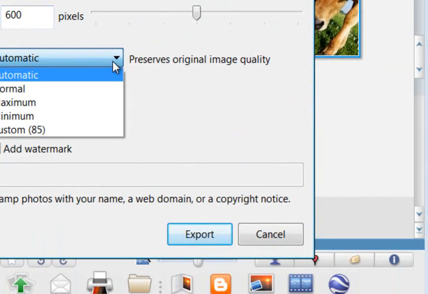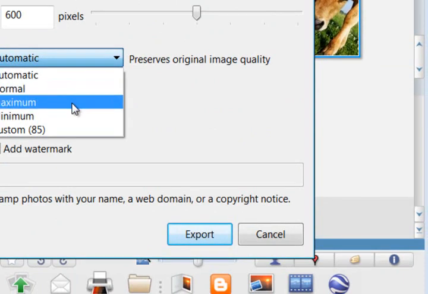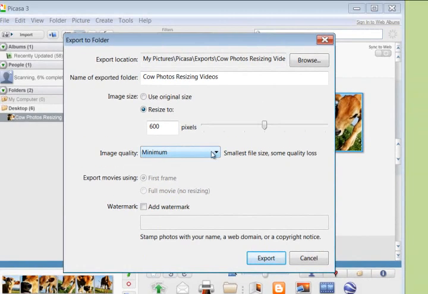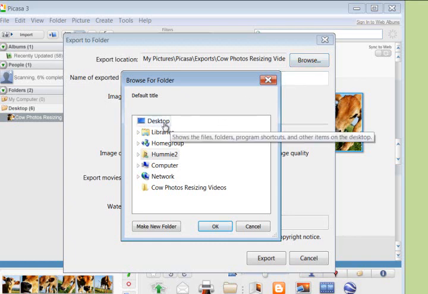If you want to change the quality, you have some options here. For instance, minimum is going to change it to the smallest file size, but you're going to have a bit of quality loss also. And then you just simply click Export,